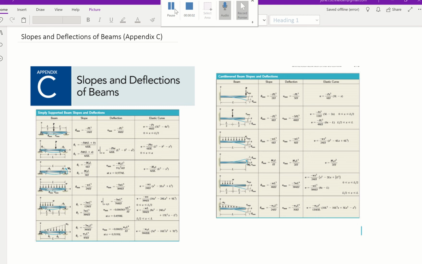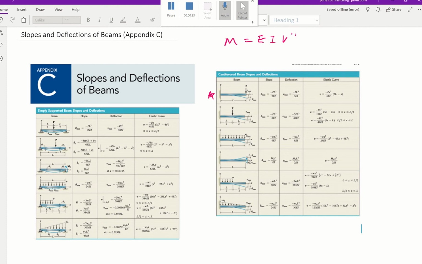Hello, in the last video we introduced the beam deflection, and it all started with this formula of M equal to EI v double prime, right? And then we go ahead and integrate twice, and we use boundary conditions to find the constants. The example we did, I believe, is this cantilever beam with a concentrated load at the end. And what we came up with for the deflection formula after you integrate is v equal to